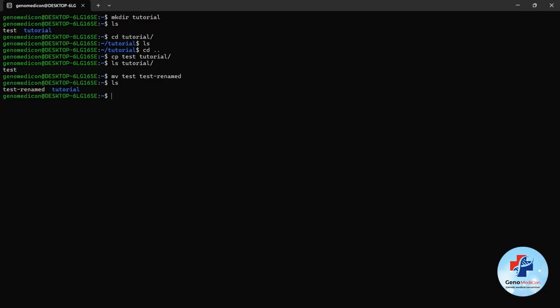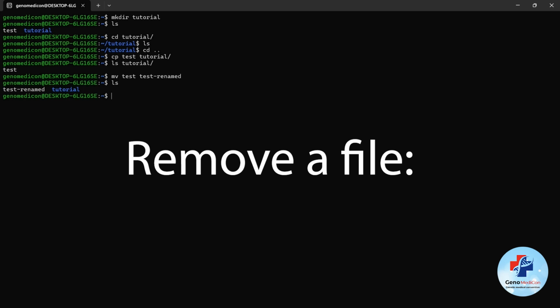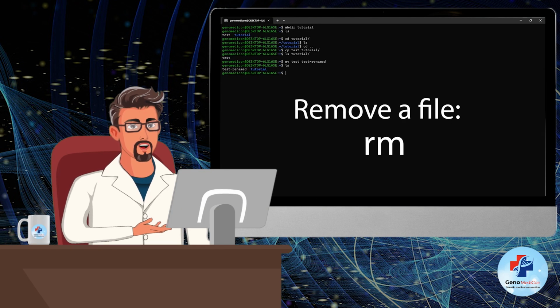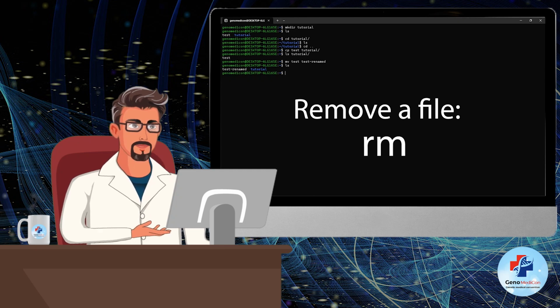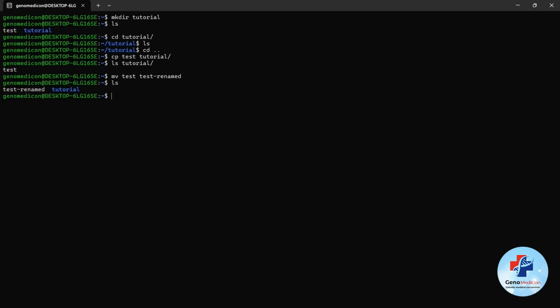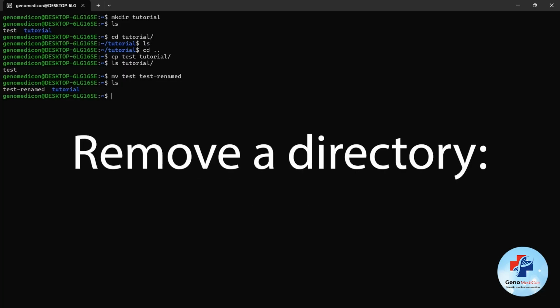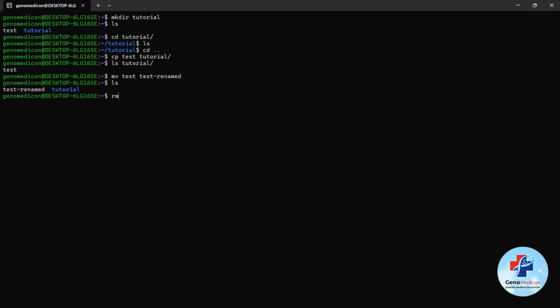Okay, if I want to remove a file, I can use the rm or remove command. So if I type rm and give it the path of a file I copied earlier and hit enter, it will remove that specific file. But if I want to delete a directory, I need to give this tool a -r option to specify that the following string is a directory. Therefore, by typing rm -r tutorial, it will remove the directory that we made earlier.